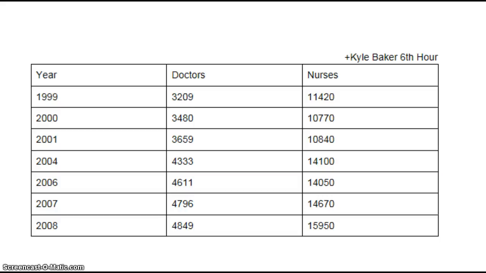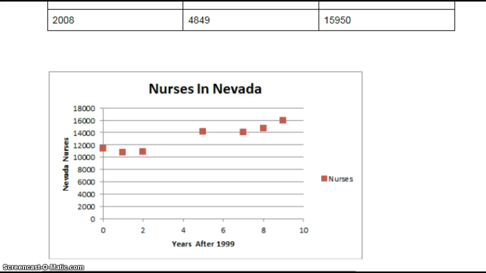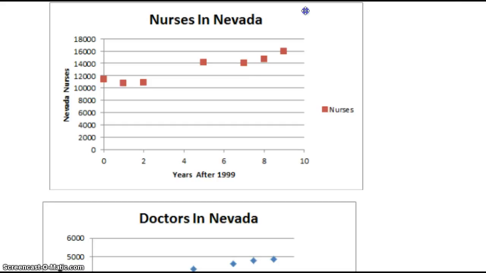This is my table showing doctors, nurses, and the year. And this here is a scatter plot of the nurses in Nevada. All I did was put the data from the table in and made it into a scatter plot graph, like so. And then